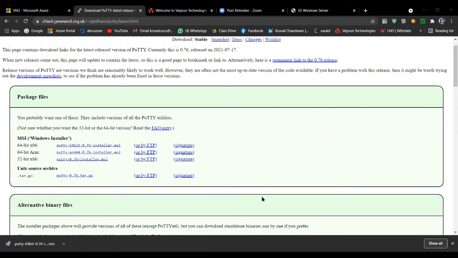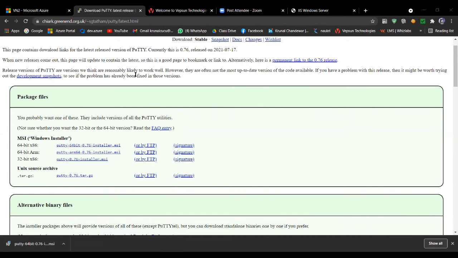So this PuTTY we have to install. Click next. It is already installed on my laptop, that's why it is asking to remove or repair. I can repair, but there is no need. It is already installed, so I'm quitting from here. You only click next and then finish, and you will be able to install PuTTY on your laptop. After installing, what do you do next? Just type PuTTY here. This is PuTTY. Open that.